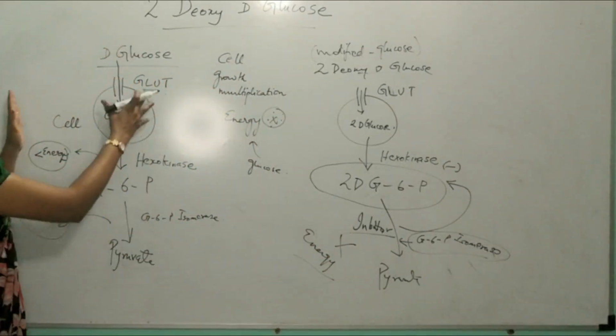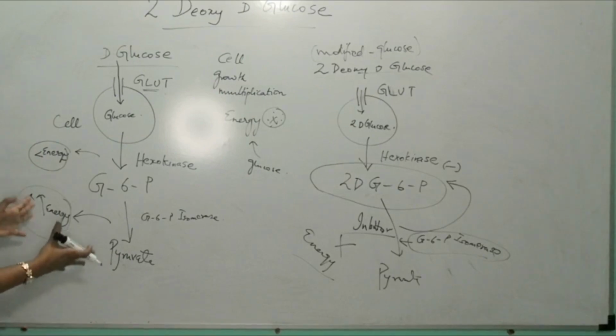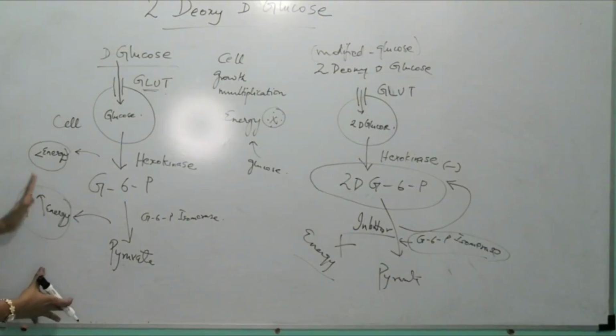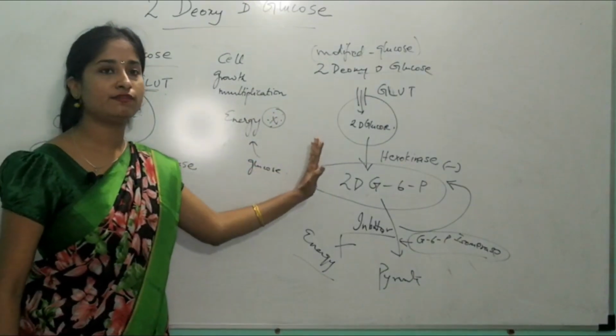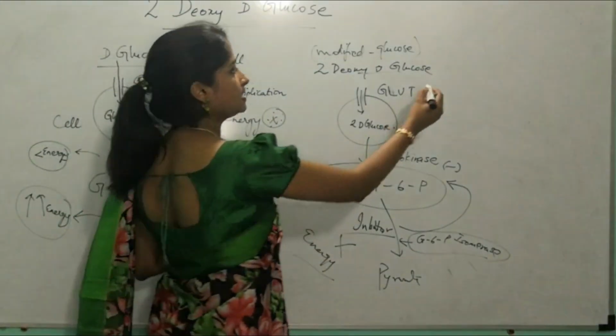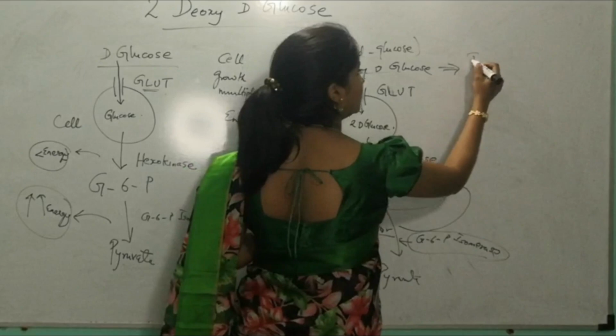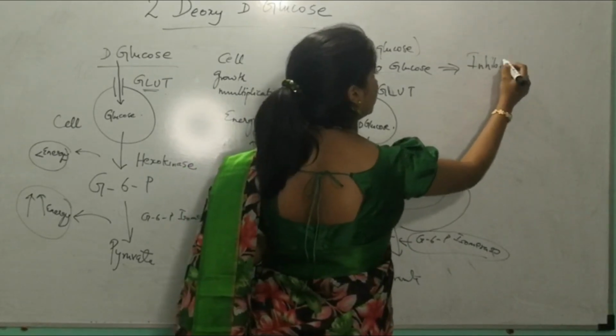Hence this glycolytic pathway, the breakdown of glucose as it normally occurs with normal glucose, will not occur with the modified form of glucose, and hence this deoxyglucose is inhibiting the glycolytic pathway,